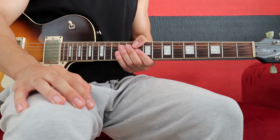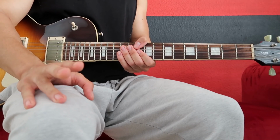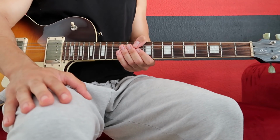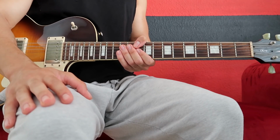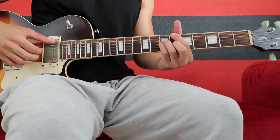Then we've got the outro section, okay? And the outro section is pretty much the same as the second half of the chorus. So that half of the chorus where the beat kicks in, pretty much the same. The only difference is we're adding those riffs on top of it, right? So just to remind you, the chords played over here are